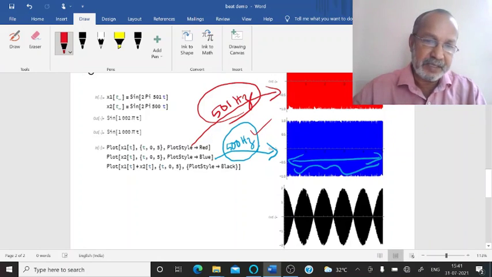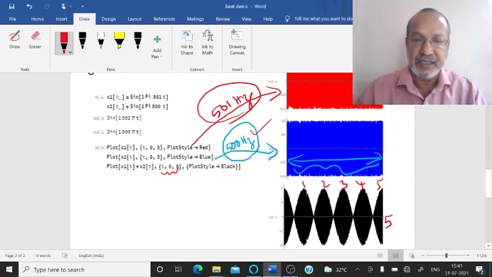The x-axis is drawn up to 5 seconds, so there will be 5 beats in 5 seconds. So we have 1 beat here, 2, 3, 4, 5. That is clearly seen from this diagram, even though individual oscillations are not visible.